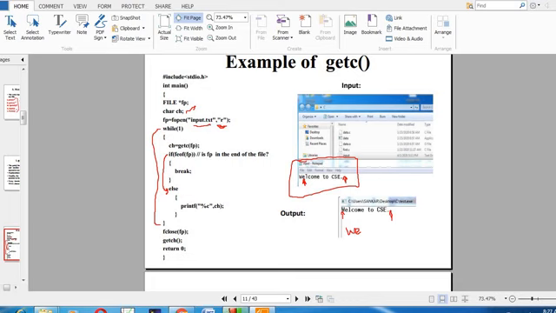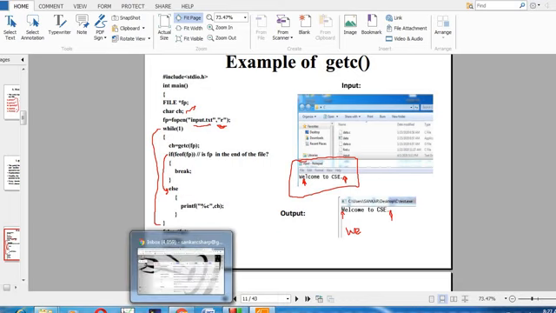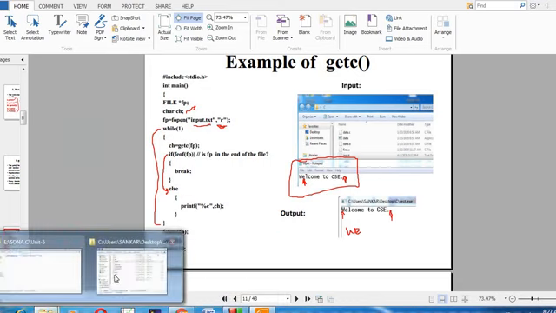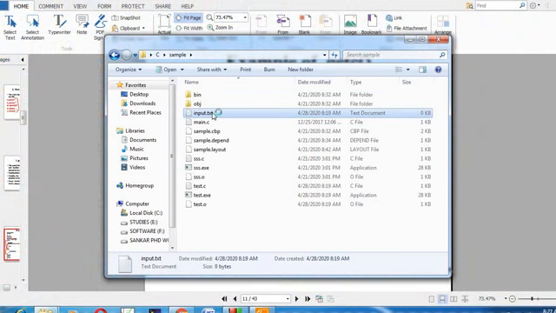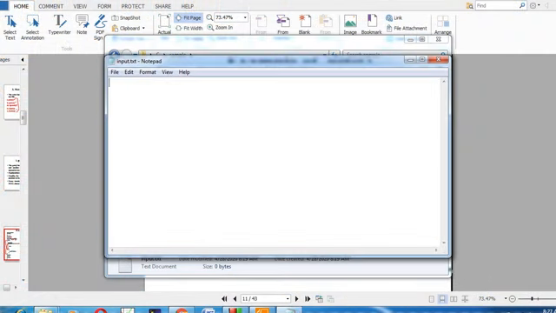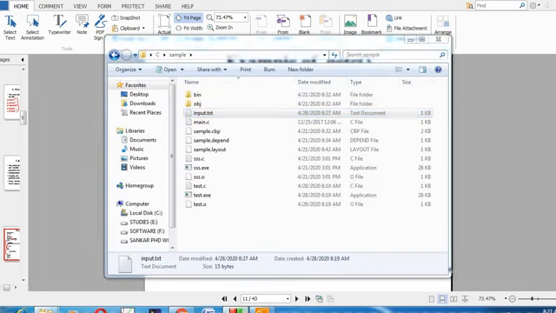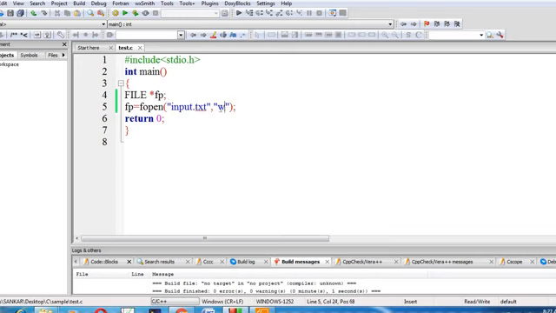The same thing, I am going to give a small demo, so all of you look at it. Here we have already created input.txt. Now I am going to add the content "Welcome to CSC." with a full stop. Now Control S to save. Now I am going to write the code, where we are going to read the text.